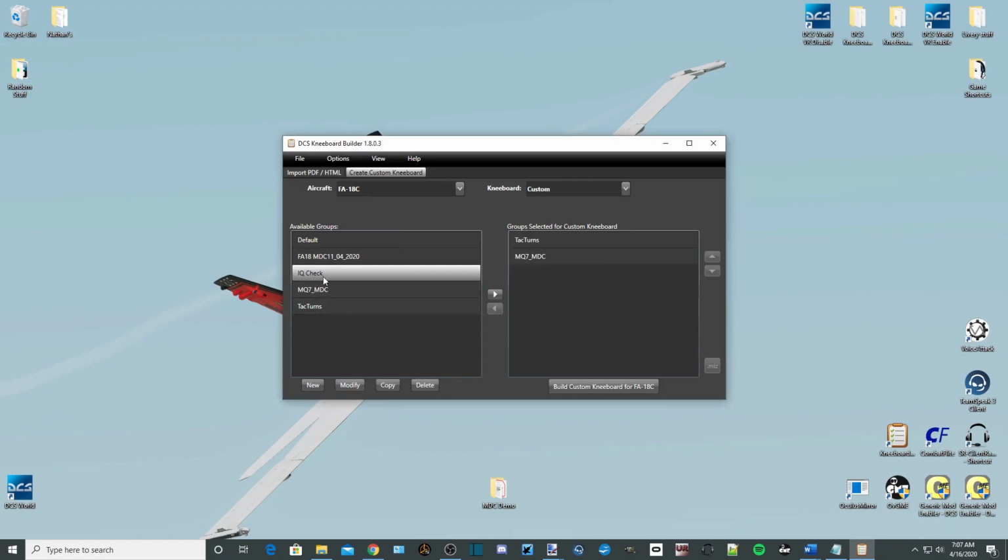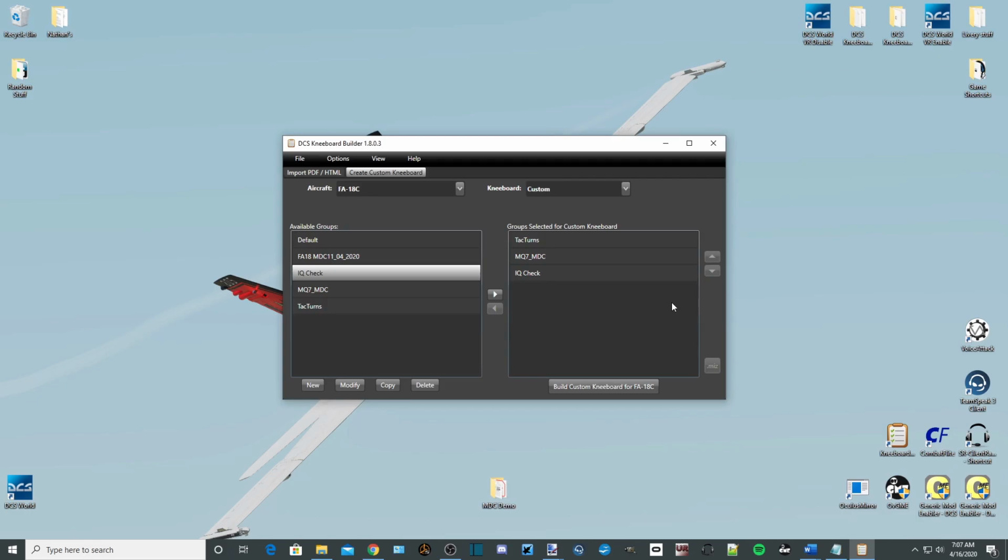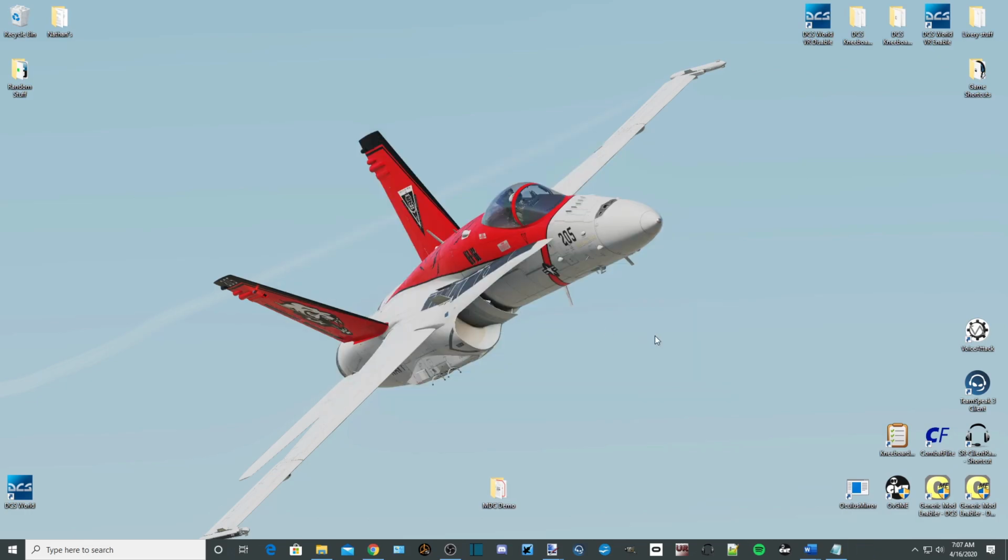Alright, anyway, IQ check, we're going to select that and we're going to push it to the right. There we go. And now I've got some others in here, we'll show you later, but we're going to build custom kneeboard for the F-18. It's done. So click OK, and we're just going to minimize this. You don't want to close it. Come down here to the tray. Here's Kneeboard Builder. Right click,